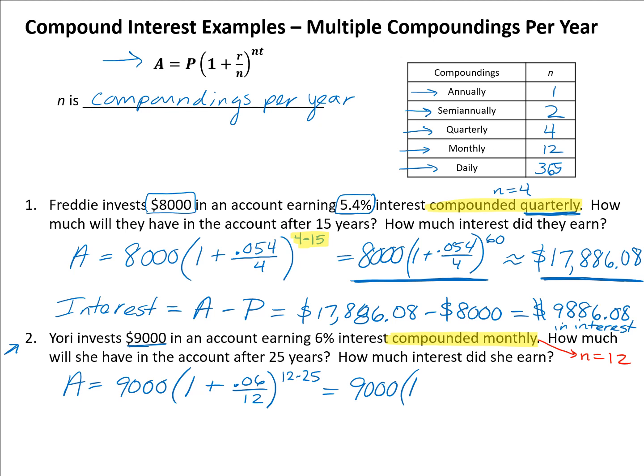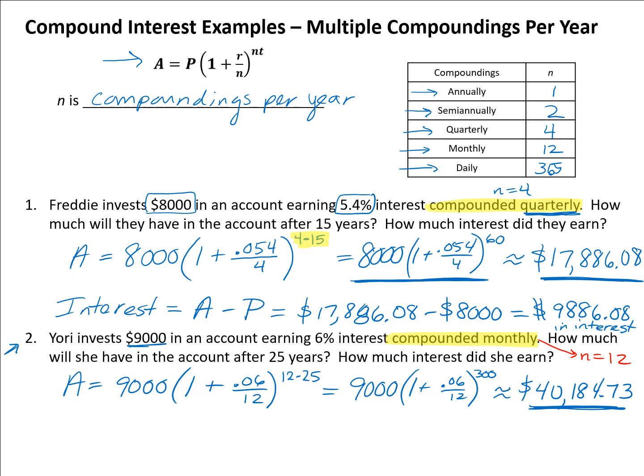This would be 9,000 times 1 plus 0.06 over 12 raised to the 12 times 25, which is actually 300. So I'm going to plug a 300 in as the exponent, and that will give me